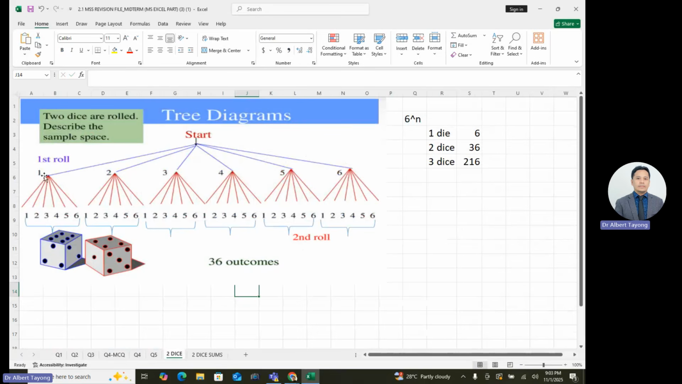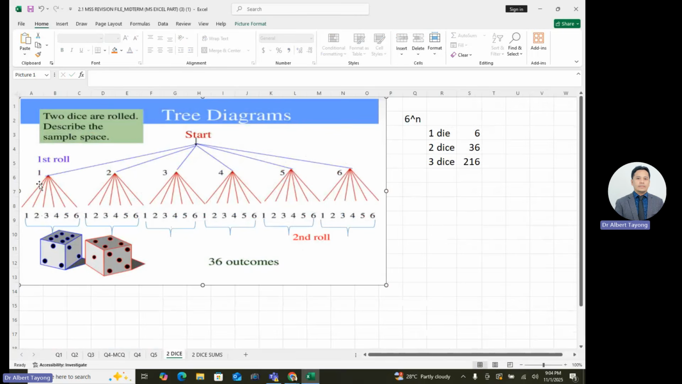So it means that we have to pair the possible outcomes. For die 1, the blue one, there are 6 possible outcomes: 1, 2, 3, 4, 5, 6. For the red one, the second die, we also have 6 possible outcomes. So if it is 1 on the first, it could be 1, 2, 3, 4, 5, 6 on the second. If it is 2 on the first, it could be 1, 2, 3, 4, 5, 6 again on the second. So it could be 3 on the first and 1, 2, 3, 4, 5, 6 on the second, until 6,